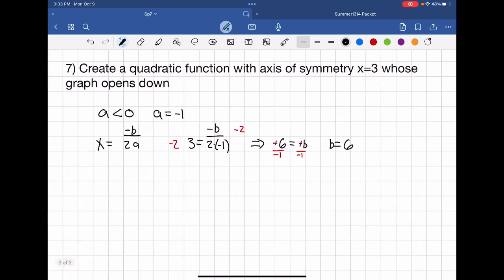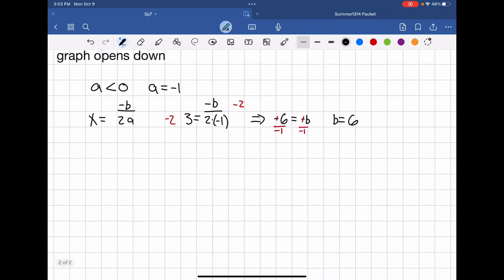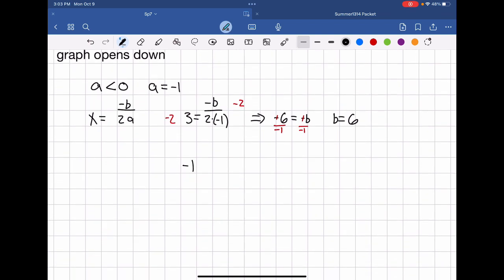So now our last step is to write out our whole quadratic function, right? So we have our a value, so we say a is -1 times x squared plus, we found our b value, 6x, plus, and then we could choose anything for c. I'm just going to choose 0. That's equal to 0, right? Because that's the standard form. If we come over to